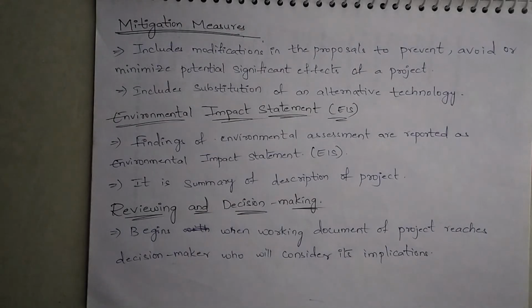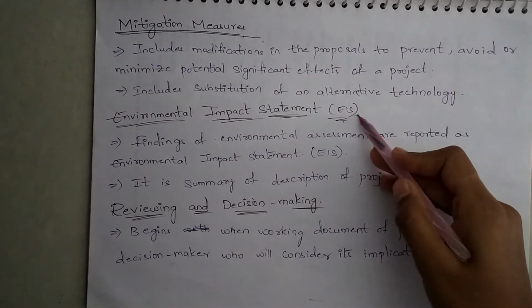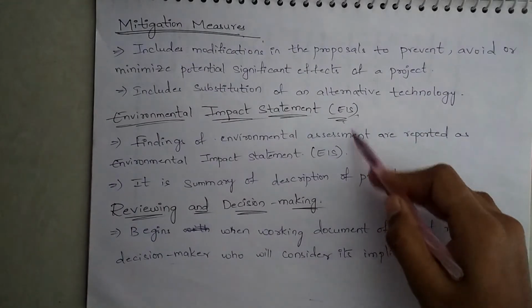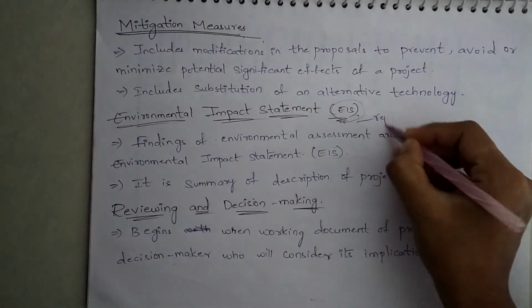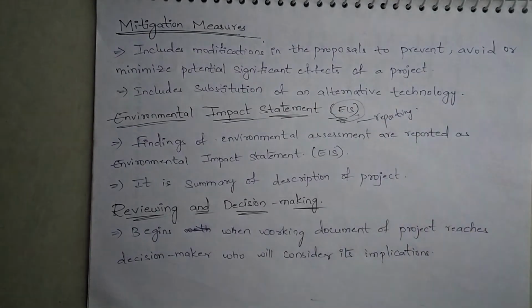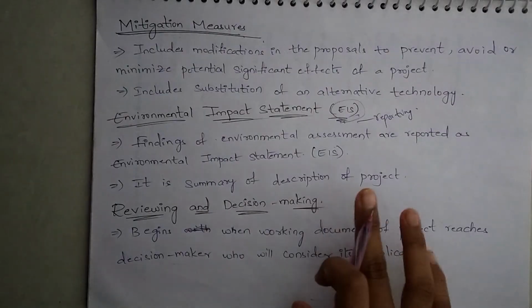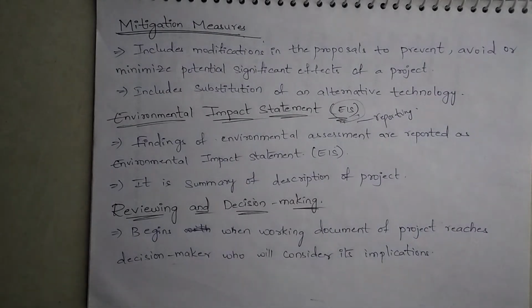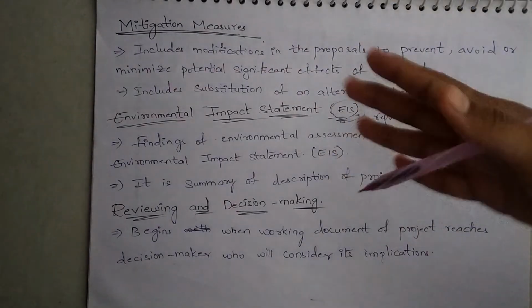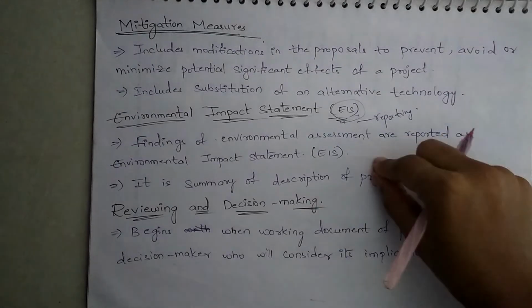And the next one is the environmental impact statement. This we have discussed in the previous video. So the environmental impact statement is a report of the project. Okay, it will contain all the details, a total summary of the description of the project, which is very clear and comprehensive, and also it should be non-technical. That means anyone who reads the report should be able to understand what the project is. It should not contain any technical words. Okay, and it will contain all the location details, design details, scale, size, mitigation measures. So just as we discussed in the previous steps, all those details will be in a clear and concise manner